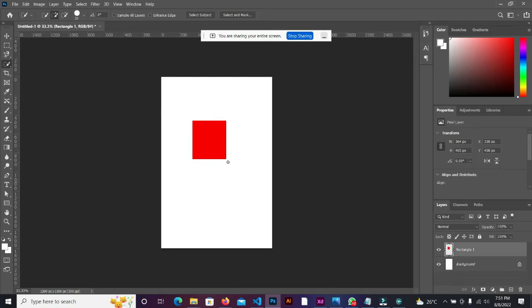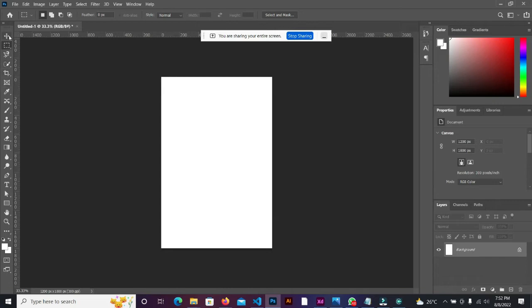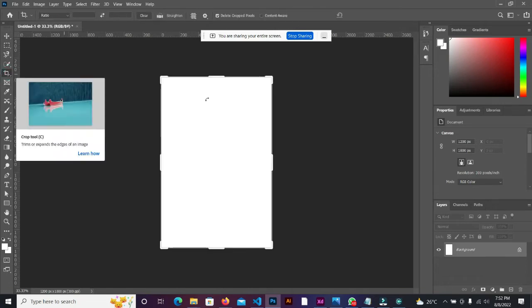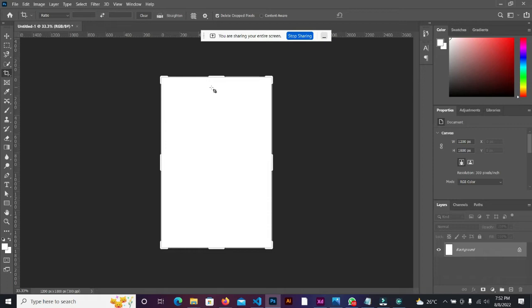So that is that for the quick selection. You can use it to select your object as quickly as possible for any form of modification you like to do. The next tool we have is the crop tool. I know everybody knows what the crop tool is, and what this crop tool does is it helps you crop